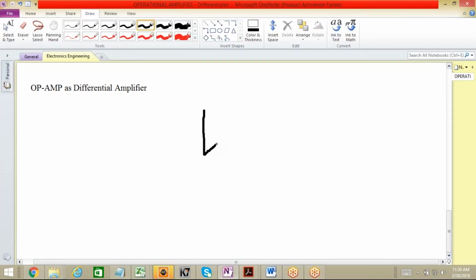It's like this, over here. Okay. Fine. Then we have this one. Let's say this is inverting input, so I'm using this V1. Then we have another input over here,